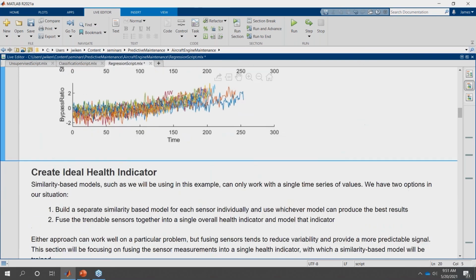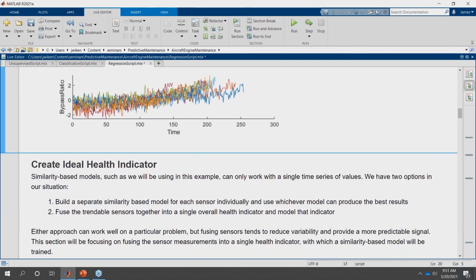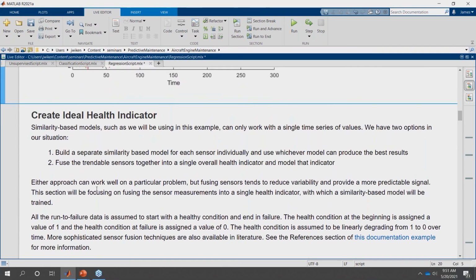Okay. Now, the big difference here between what we did last time and this time is for our dimensionality reduction, instead of doing PCA, we're going to form what's called a health indicator. Now, the health indicator is just a value that tells me what the current health of the system is. We're going to assume that it starts at 1 and failure occurs at 0, right? So it ranges from 1 to 0 and it will degrade in some way between those two values.